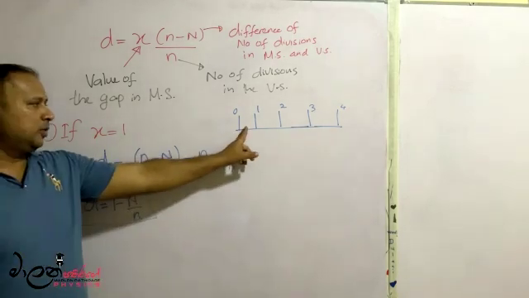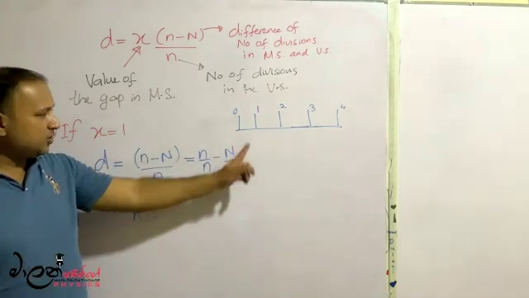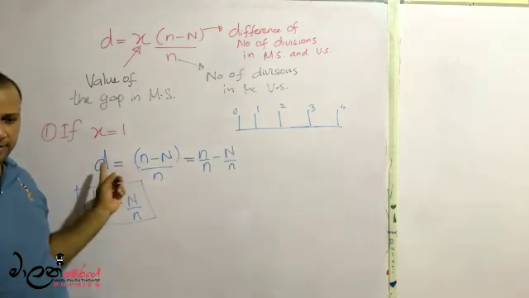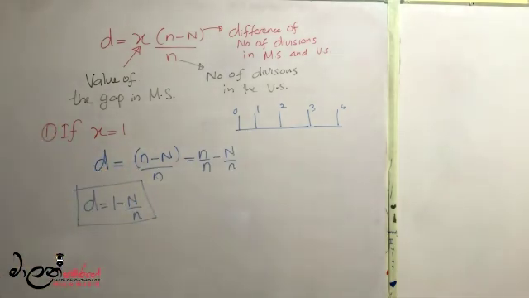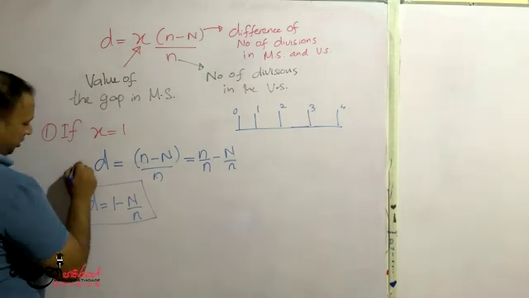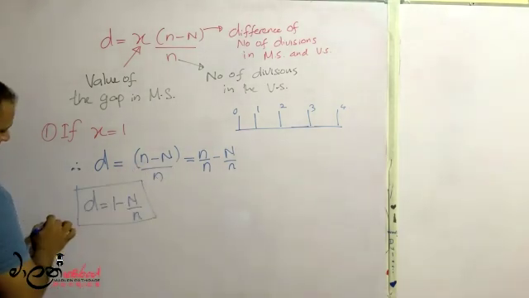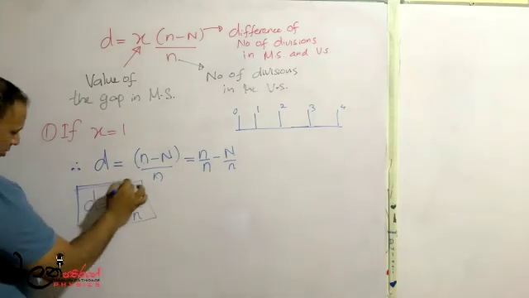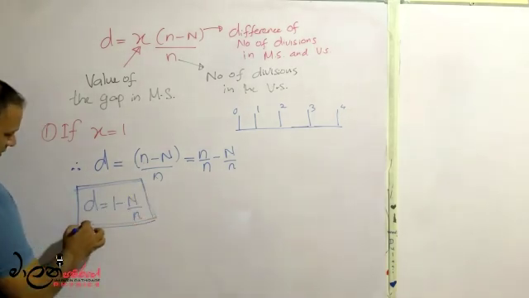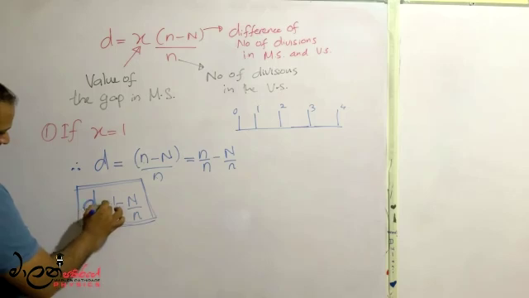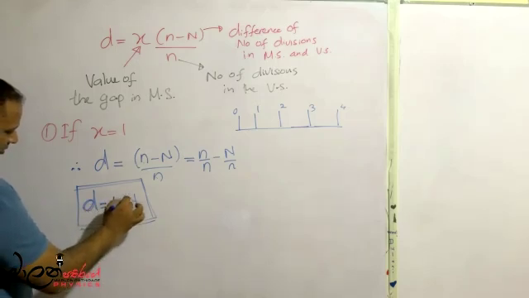You can write this one. You can draw this one. Once you draw this one, then write this. Therefore, this is equal to this equation. 1 minus